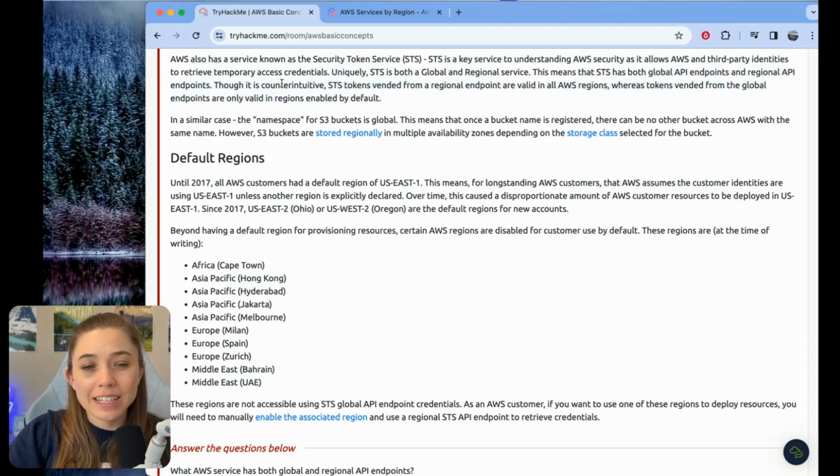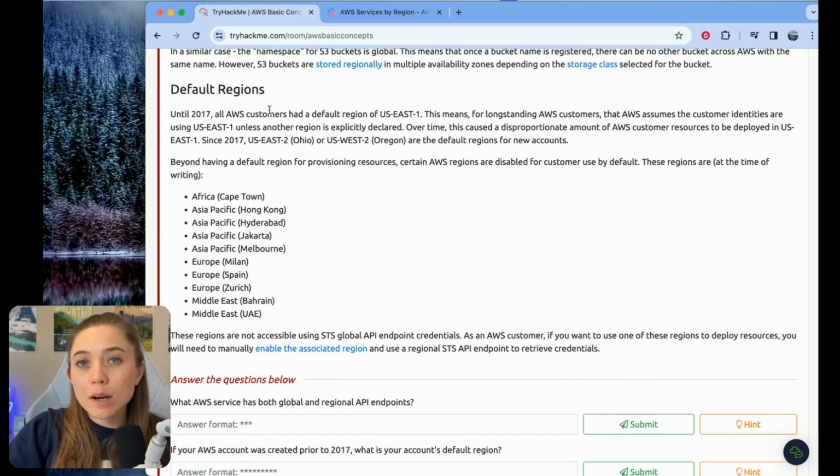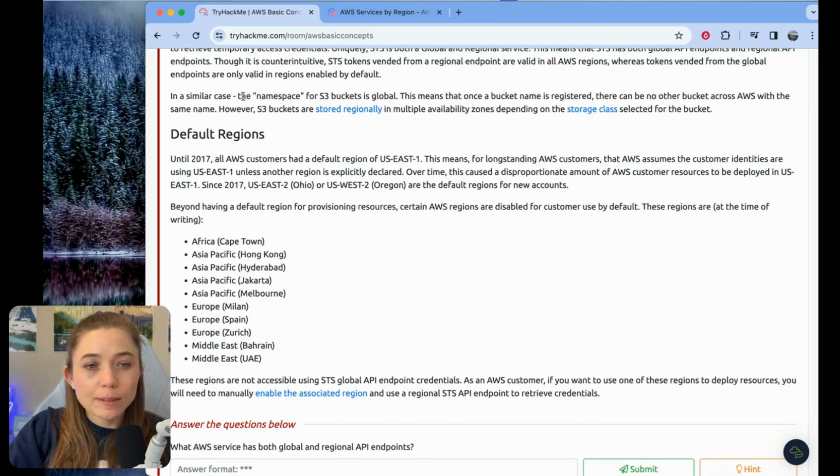And then this is the part that's a little tricky to remember. Just like TryHackMe describes here, it's counterintuitive, which is true. STS tokens vended from a regional endpoint are valid in all AWS regions, whereas tokens vended from the global endpoints are only valid in regions enabled by default. And only some of the regions are enabled by default. Looks like we're going to talk about default regions more, but before we go there, it also says here,